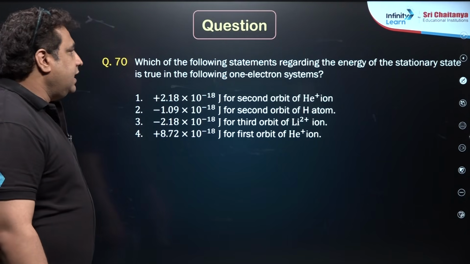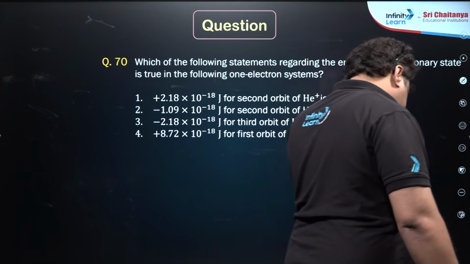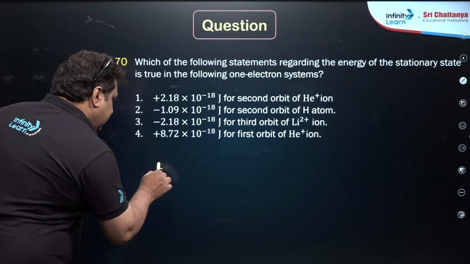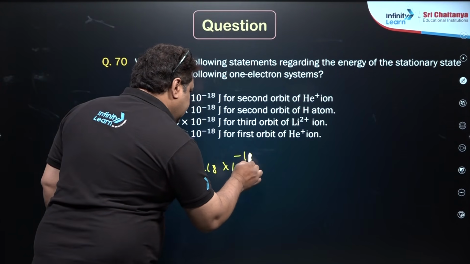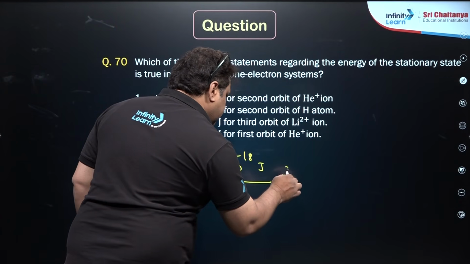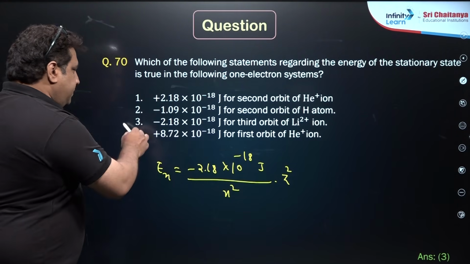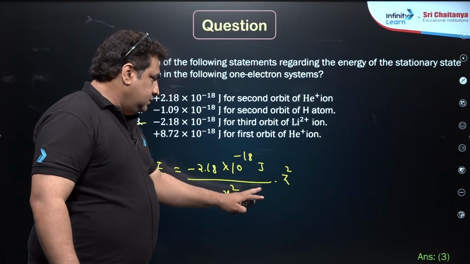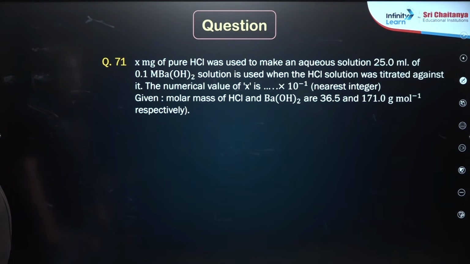Which of the following statements regarding the energy of stationary state is true for the following? So everybody can see that we know that En is equal to minus 2.18 into 10 to the power of minus 18 in terms of joules, divided by n square into Z square. Now he is saying which of the following is true. So answer is 3, because if you take third orbit of lithium, so this will become 3 square, this is 3 square, 3 cancel, you will get the corresponding answer. So it is very easy statement. Next,